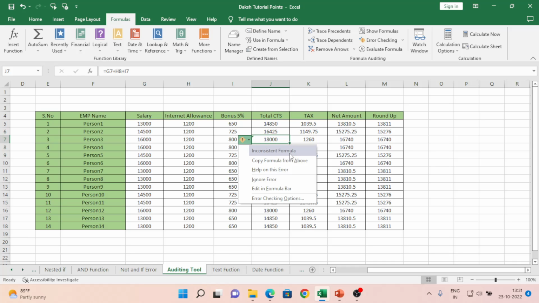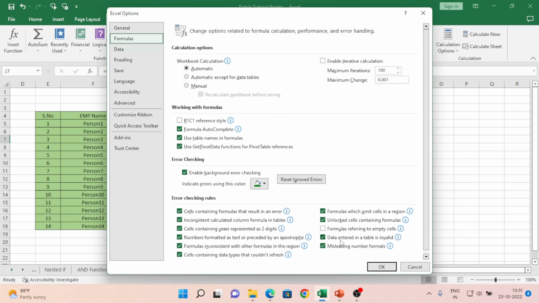There is an error in the formula. Options: Copy formula from above, Help on this error, Ignore error, and Edit in formula bar. And checking the error checking option, if I click on this, it will show that you have to check the